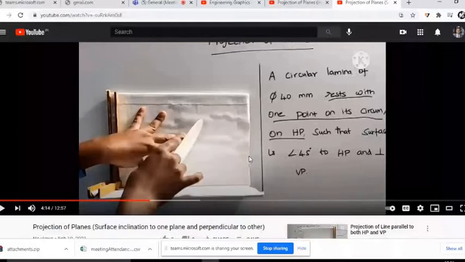In the top view, the projection of the circle: will you see an exact circle or a deformed shape? A distorted circle, yes, deformed. Okay, so for a circle, both the x dimension and the y dimension are 40. If you incline it as given in the question, one dimension will not be disturbed, whereas the other dimension will be disturbed. So you will see a kind of ellipse in the top view. Am I right?